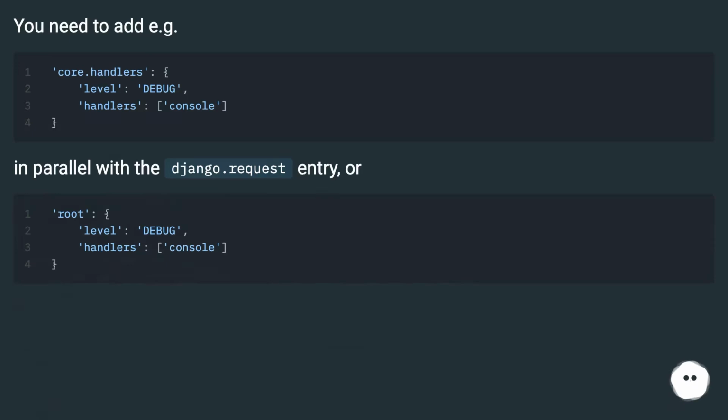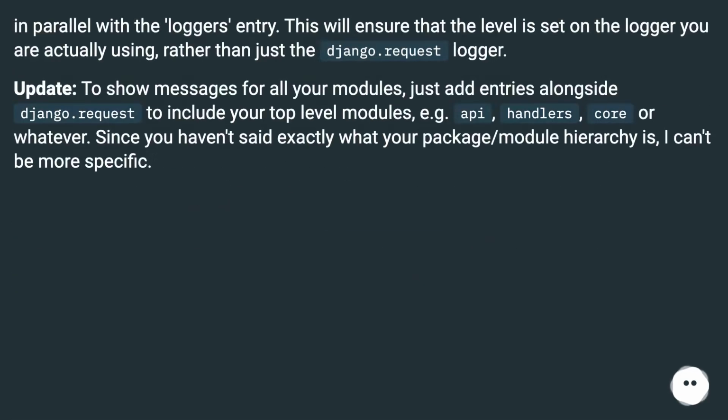You need to add EG in parallel with the Django.request entry, or in parallel with the loggers entry. This will ensure that the level is set on the logger you are actually using, rather than just the Django.request